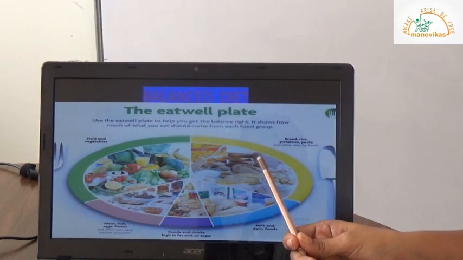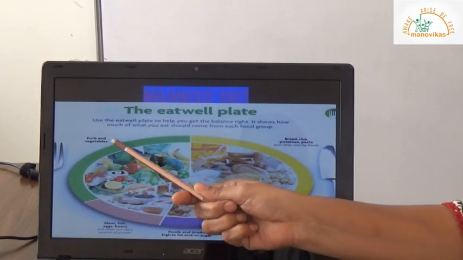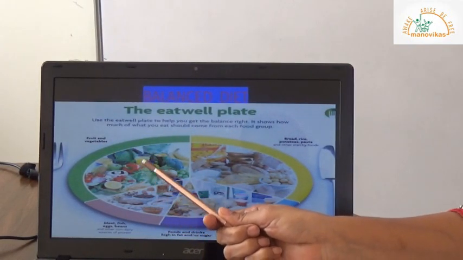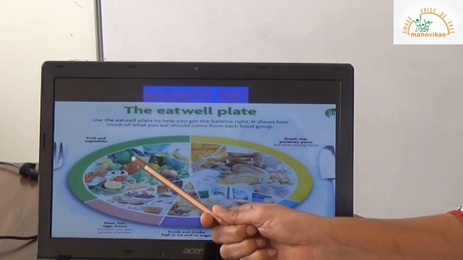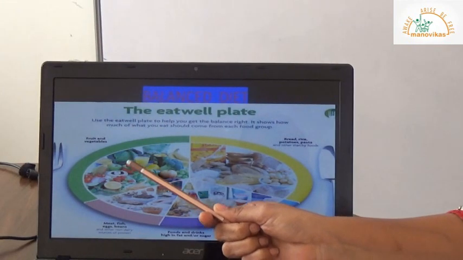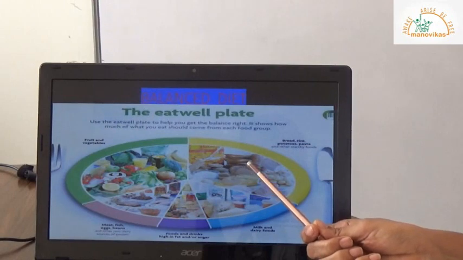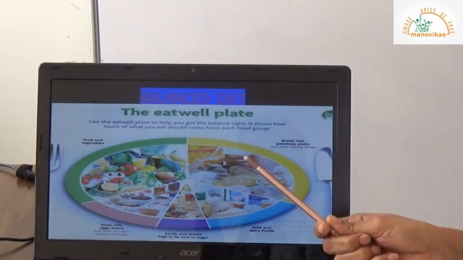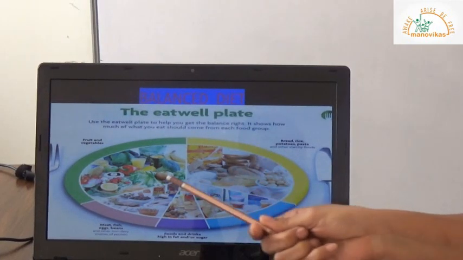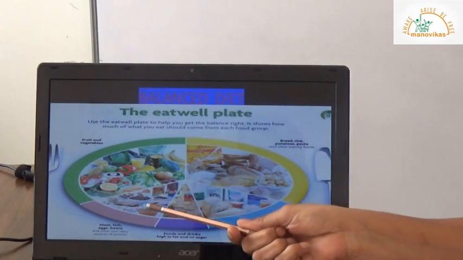This contains bread, rice, potatoes, that is your carbohydrates. We have a portion marked in green having fruits and vegetables, which give you your vitamins and minerals. So our diet must contain more fruits and vegetables and foods giving us carbohydrates. This has to be eaten in greater amounts compared to the portions marked in peach and blue, which is proteins